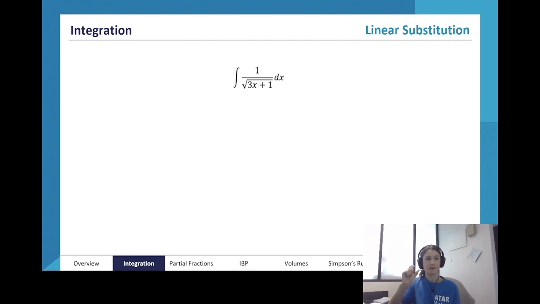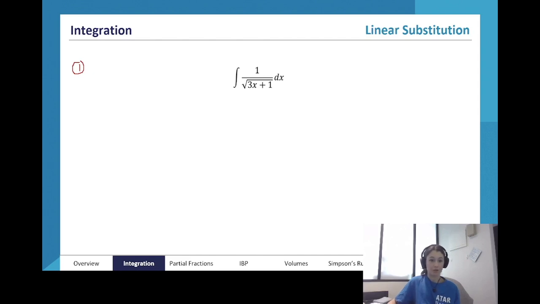We have a linear component within another function. We can't integrate this normally using any of the formulas in our formula book. So we're going to have to use linear substitution. Having identified that we need to use linear substitution, remember our first step